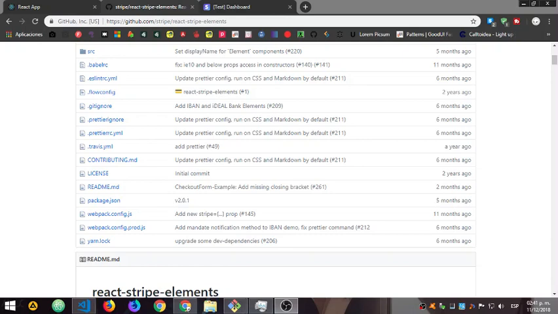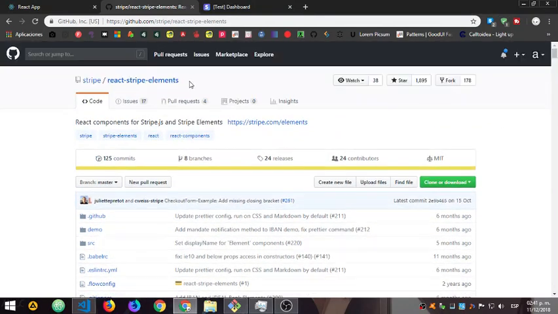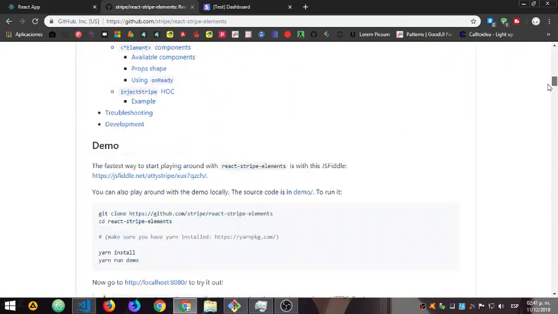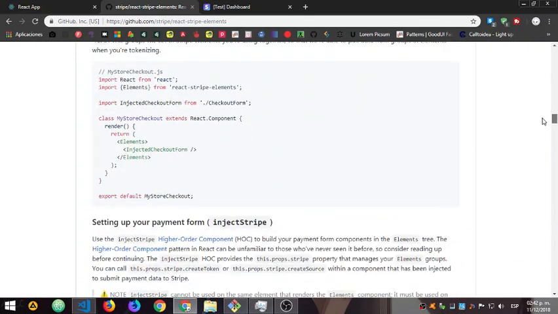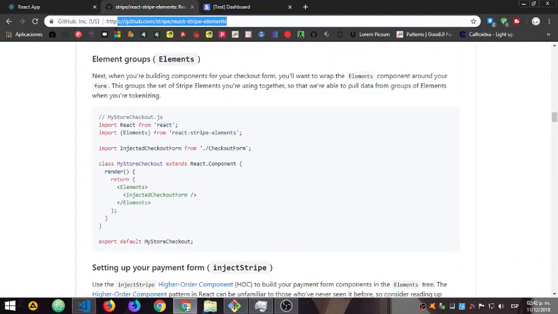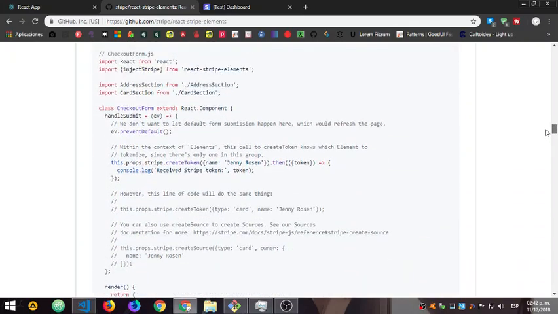Okay, hey guys, so at this time what I got is I just realized there's a repo of React Stripe Elements with all the elements available. So here is the URL in case you want to check them out. They tell you how to use